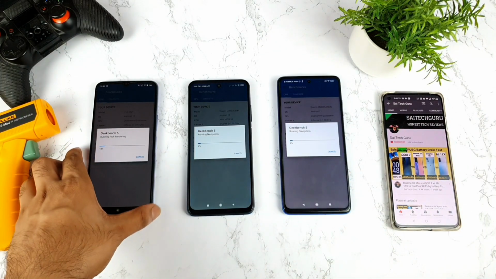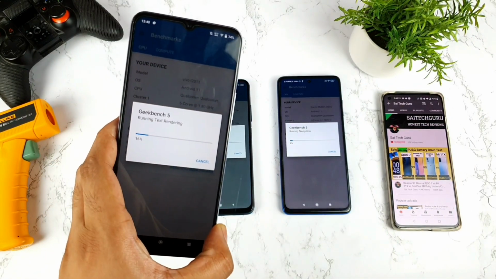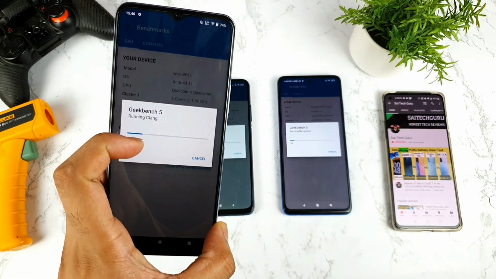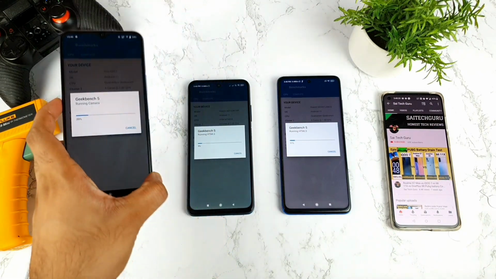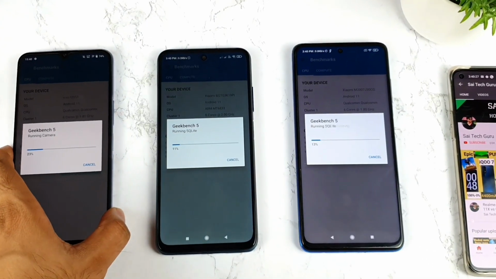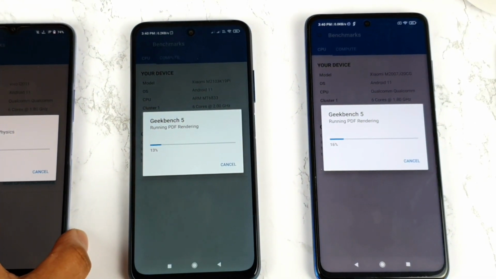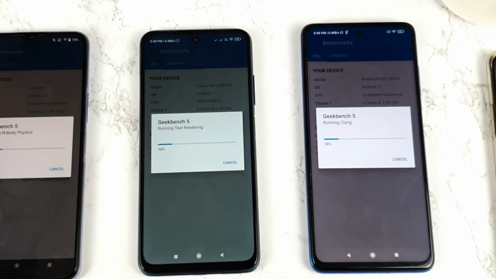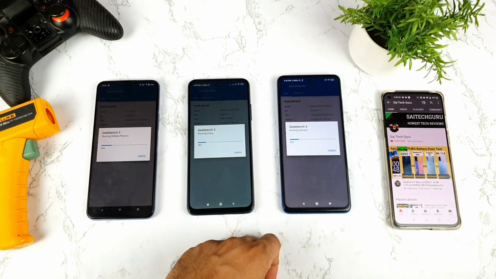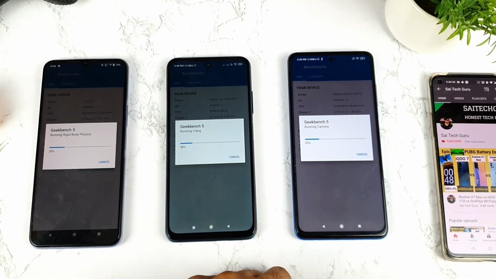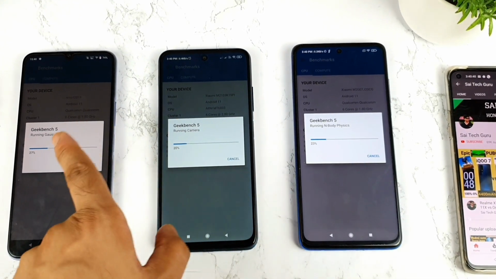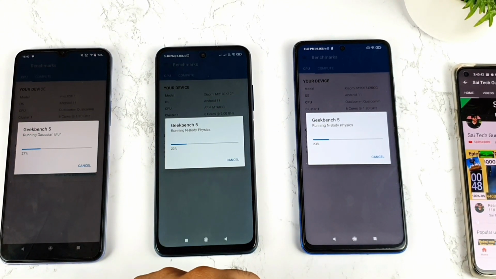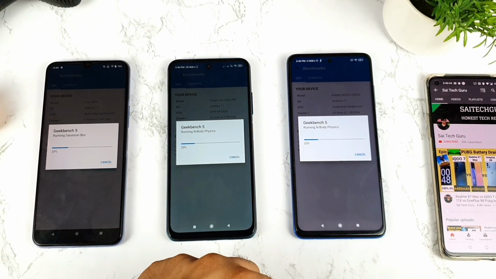And right now, you can see, friends, the iQOO Z3 is finishing faster in terms of the benchmark. You can clearly see here, 20% already finished. And second in the race, I think, is the Poco X3, which is slightly faster in the race. The Poco X3 has the Snapdragon 732G processor. So 27, 20 and 23%, you can clearly see the difference, friends.